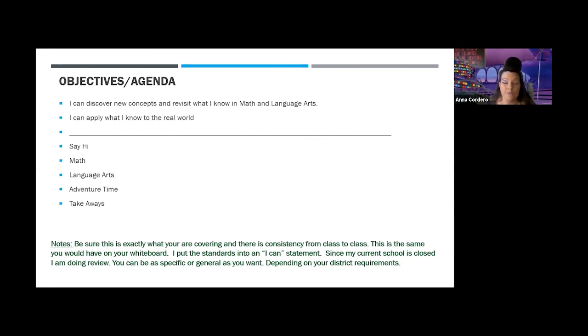And so the reason why you're doing this, and I can't stress this enough, is you're covering this work because you're wanting to put them in a format. You're giving them the agenda, your slides are consistent, they're going to see this again and again, and you can be super specific if you're just doing language arts time, or if you want to break this up further, you can be more diverse in what you're answering, depending on whatever your district says.